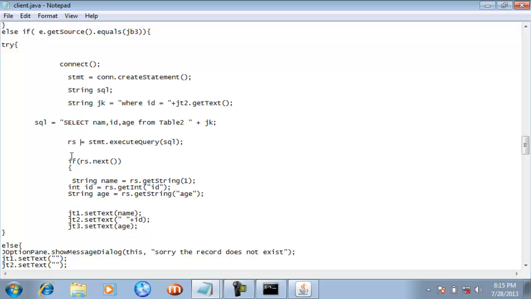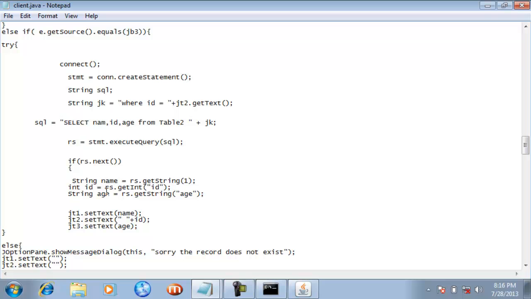Okay, so now guys, if rs.next method here we have used, so this rs.next method will return true value if this rs object is holding the reference of any row, and if this rs object is not holding the reference of any row, then the else part will get executed. So guys, see here that if this rs object is holding the reference of any row which is having that specific ID which you have given in that student form, so what will happen, string name,